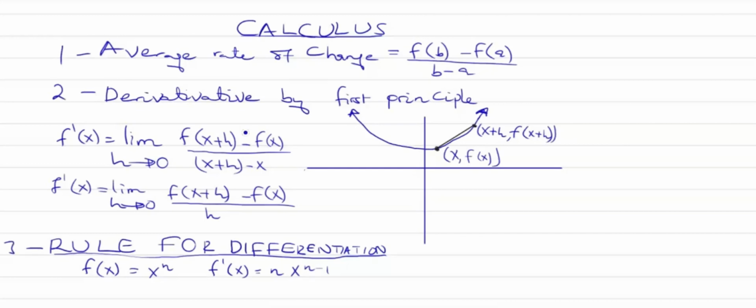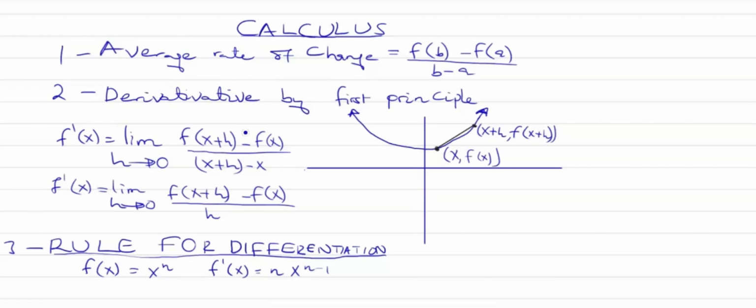Alright, let's begin. So this is the formula. This is based on the gradient that we looked at in junior classes, which is change in y over change in x. And the first principle is a similar case. If you have an x value at that point, and that x value has changed, h is a small change, and you use the same concept of average rate of change, you'll end up getting the